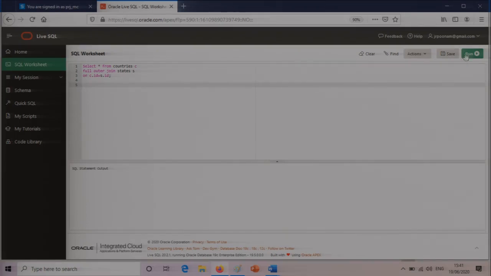So let's run this full outer join and see what the output is. Here it will be a combination of both. That means whatever is common, that is 1 and 2 ID, and apart from that, whatever entries were exclusively there in the countries table, that is 3 and 4, and whatever entries were exclusively there for 6 and 7 in the states table, all have been chosen.